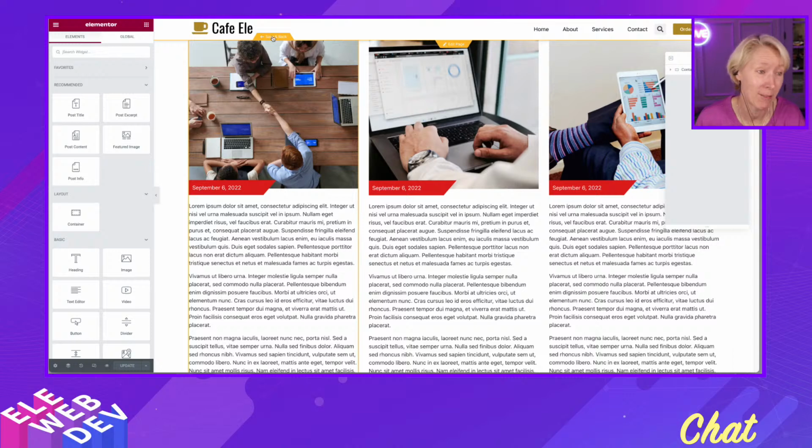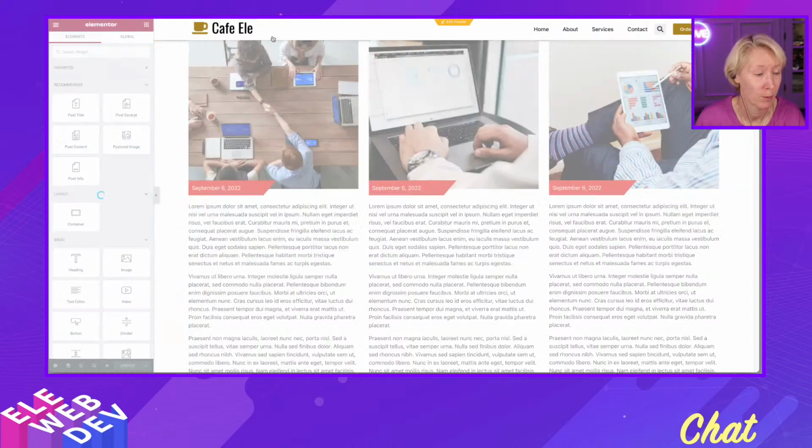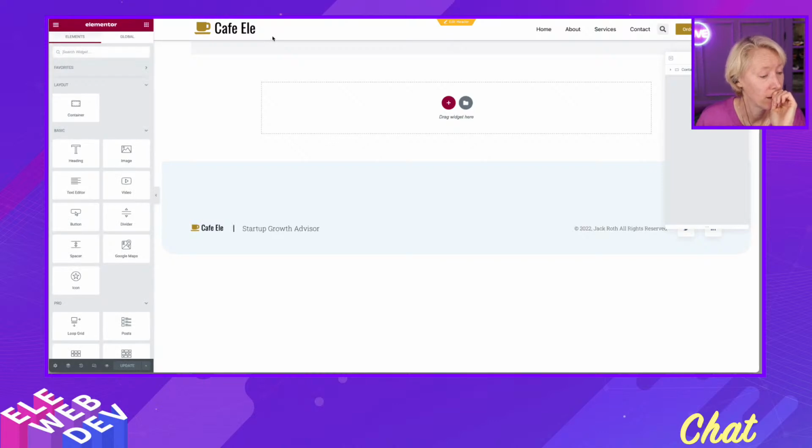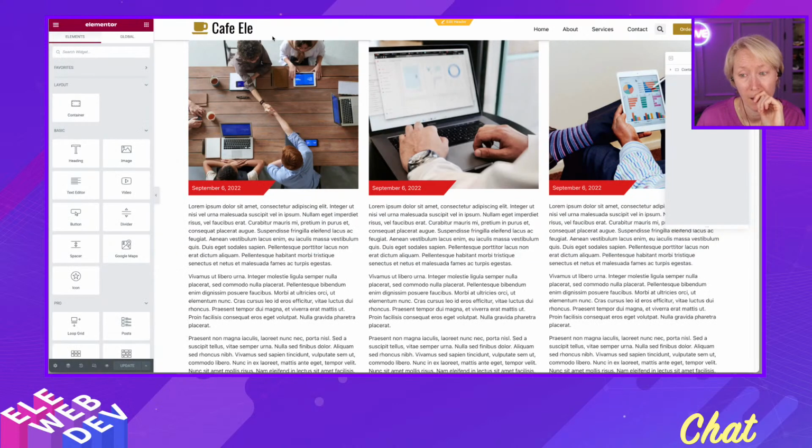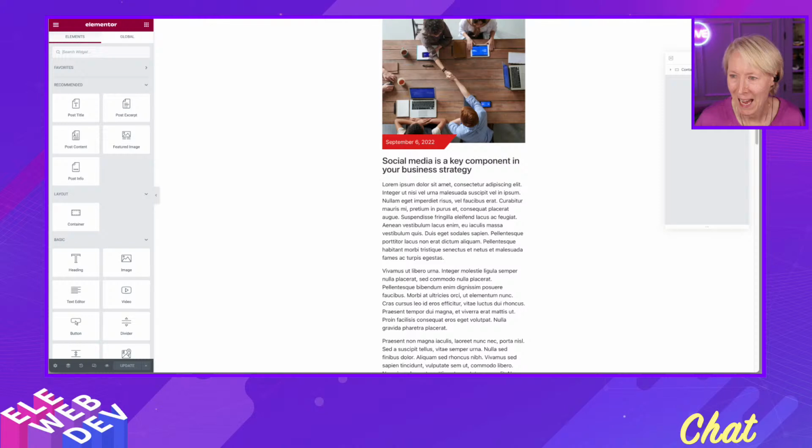So if I hit save and go back, please work. There he goes. There was something monkey in the system. There was a monkey in a wrench, and he was banging on a couple of things. That's interesting. So if you go to the actual Elementor loop item,